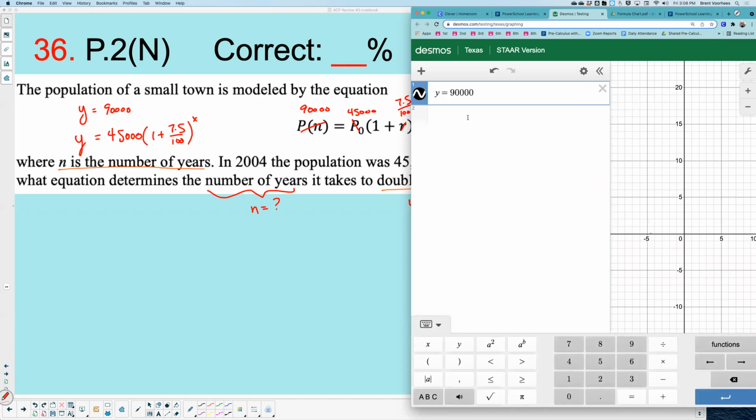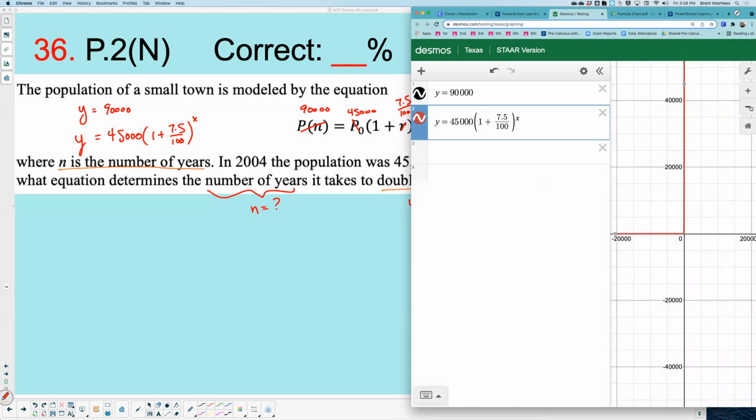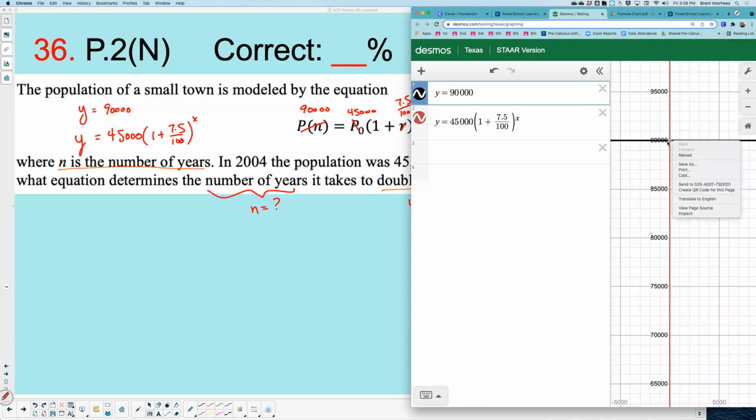So we can see that this value will be really high up. I could have simplified the problem by dividing both sides by 45,000. That would have canceled out here, made this a 2, but it is what it is. Type this in: 1 plus 7.5 divided by 100 raised to the power of x. I'll zoom out, and we need to go up to 90,000 to see both graphs. There they are. My solution is going to be, it looks like